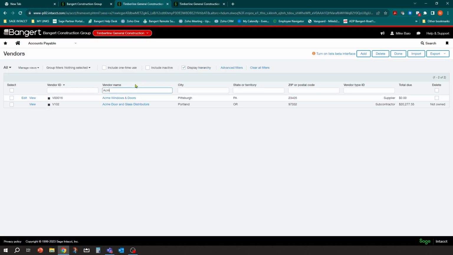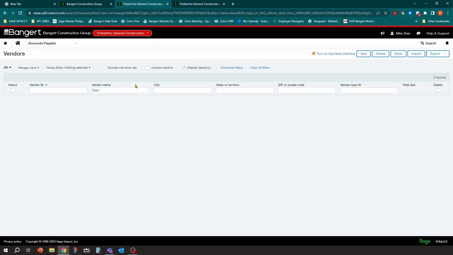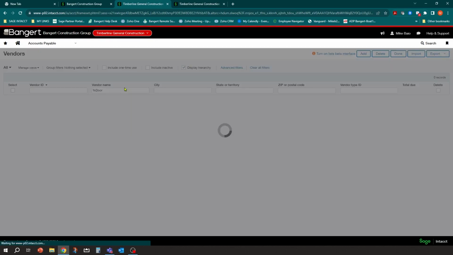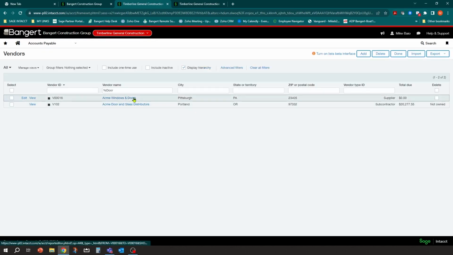But what you can't do is if I want to find a vendor name that has the name door in it, if I hit enter, it doesn't find any because it's only looking for the door that's in there at the front. If you put a %, then door, that tells the system to go ahead and find wherever door is in the system. Okay, so they've enhanced this and made this a little bit easier.